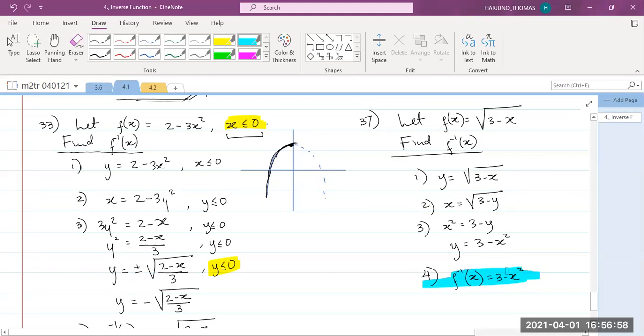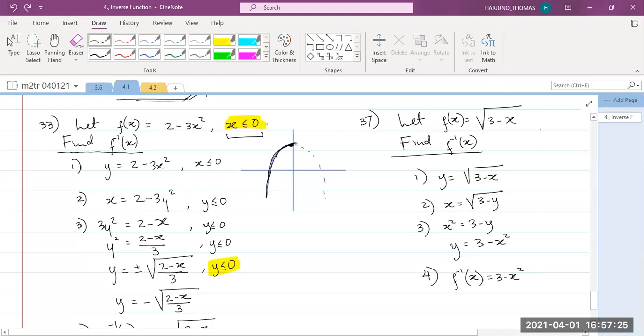That is not one-to-one. So something is wrong here, or something is not complete, to be more precise. It has something to do with the domain and the range of your original function that you